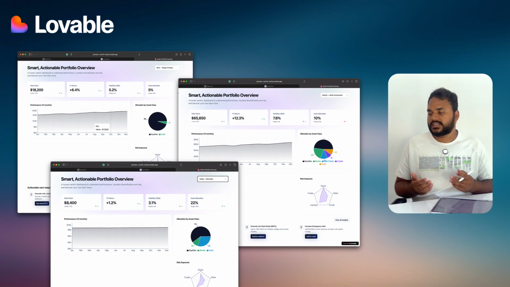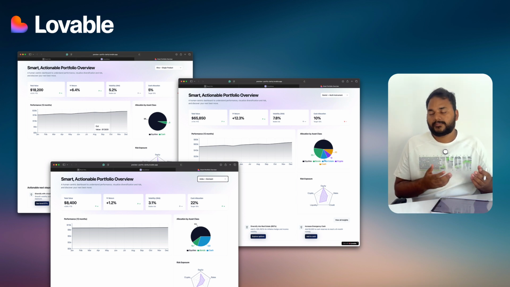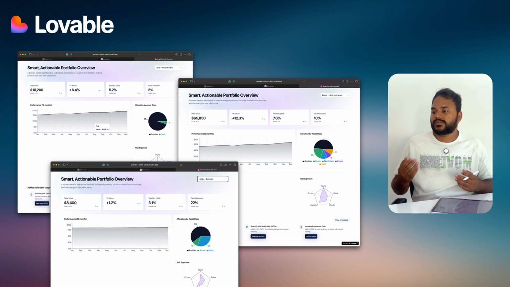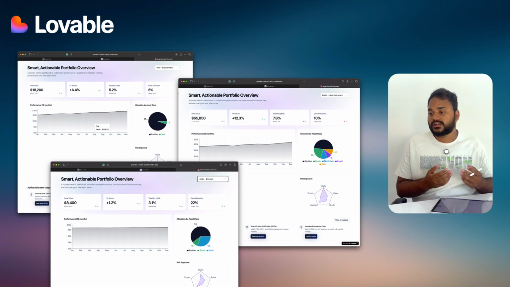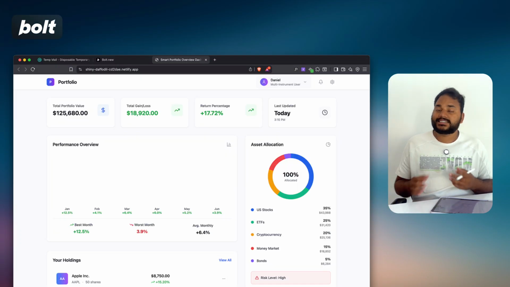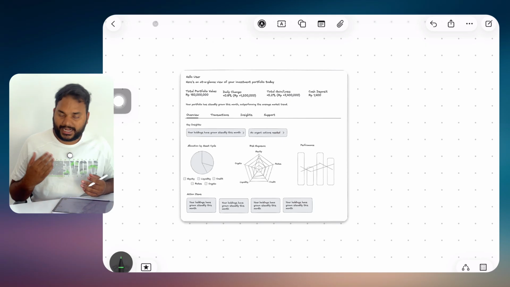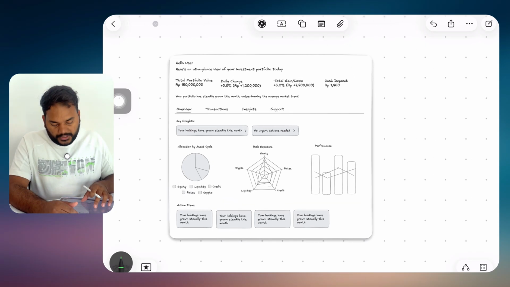First draft means you can see that Lovable has given me, okay, at the top we can have cards which show the most important information. Then we have performance, allocation and risk exposure as charts. And at the bottom we have actionable insights. Similarly, Bolt has also given us the same thing. So based on the structure of the 2 AI tools, I analyzed them and got to this particular wireframe that you're seeing on your screen.